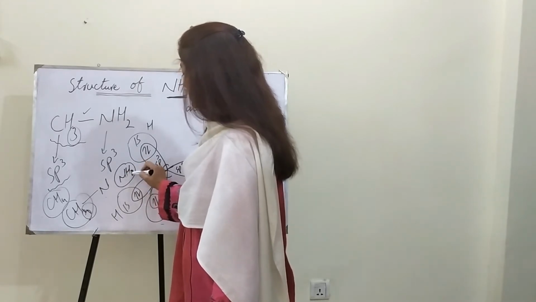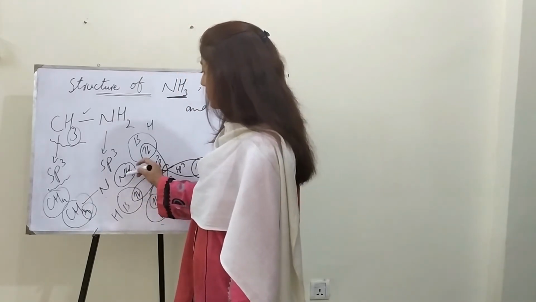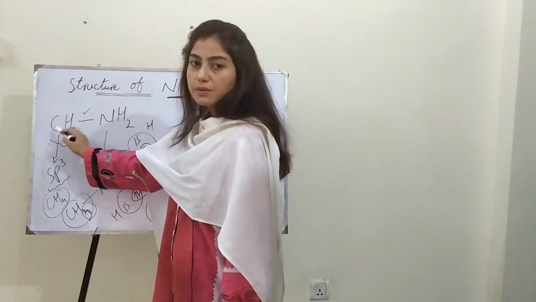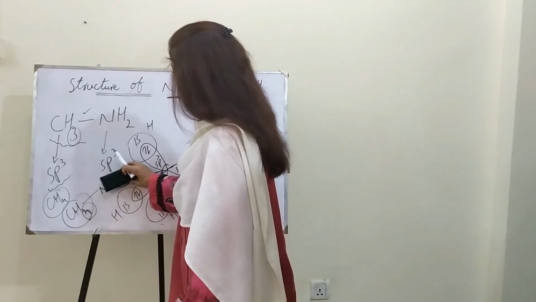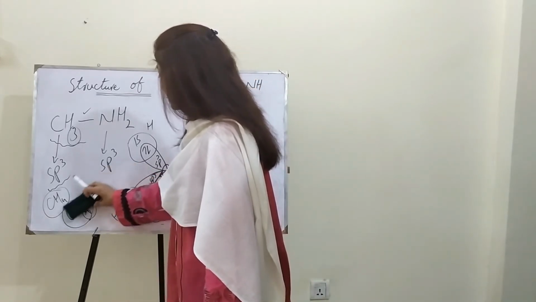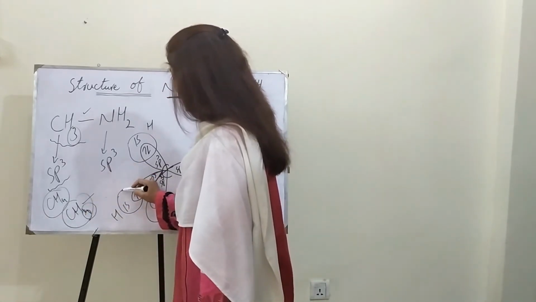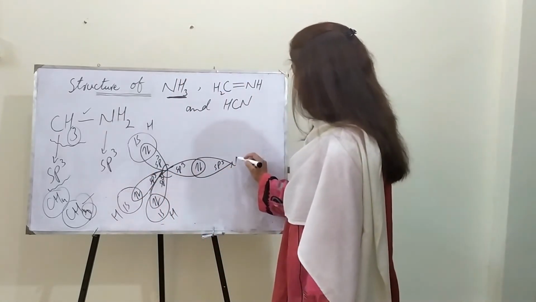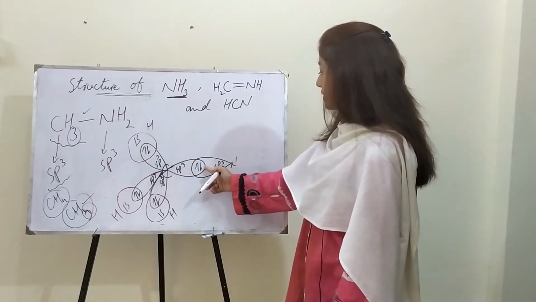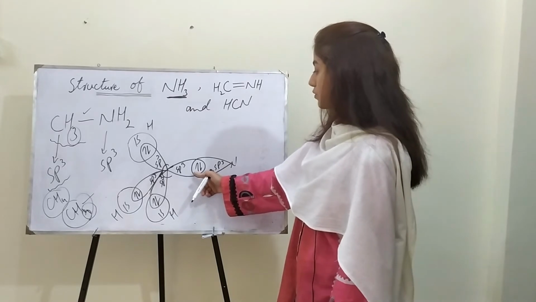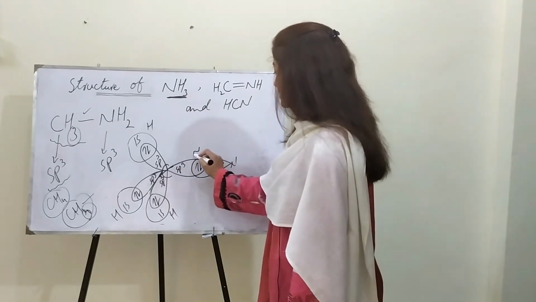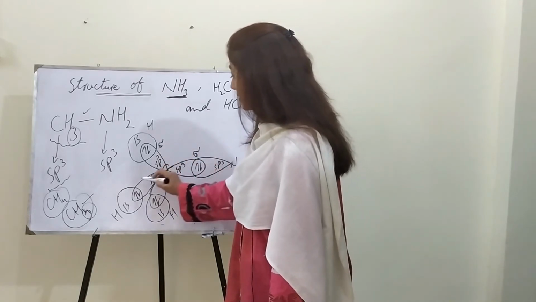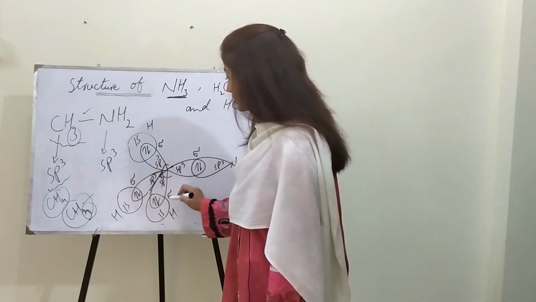The only difference is the one hydrogen has been replaced with the carbon. So in this case, here one sp3 hybrid orbital has overlapped with the sp3 hybrid orbital of carbon, and this is the sigma bond. This is also sigma bond, this is also sigma bond, and this is also sigma bond